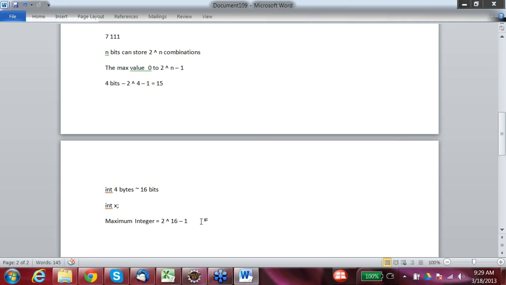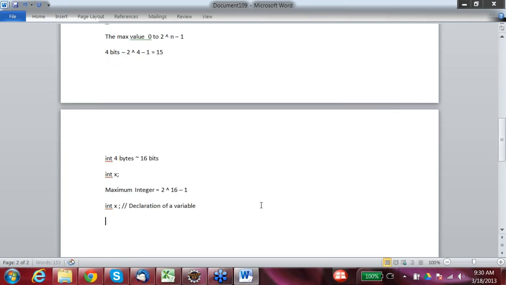Okay, so we can always find out the maximum range of a particular primitive data type. Whenever we write something like this, we are declaring a variable. This is called declaration of a variable, right? When we write this, 4 bytes of memory are reserved for this variable.